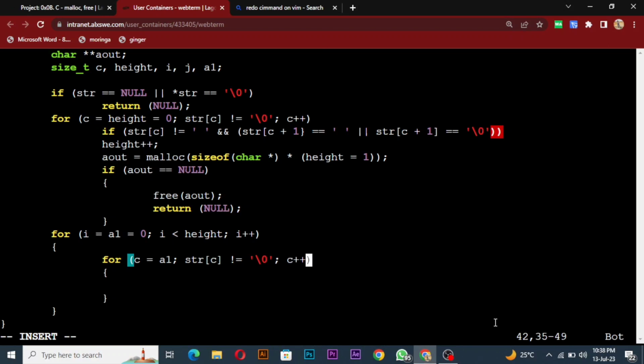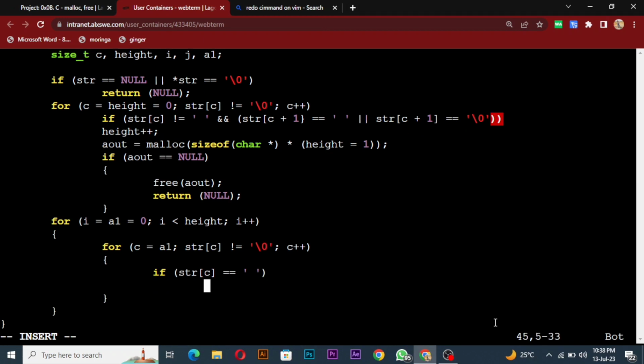Okay, let's still continue. Alright, and I will say if our string at index probably 0 blah blah blah is equal to a space, right? Then a1 plus plus,